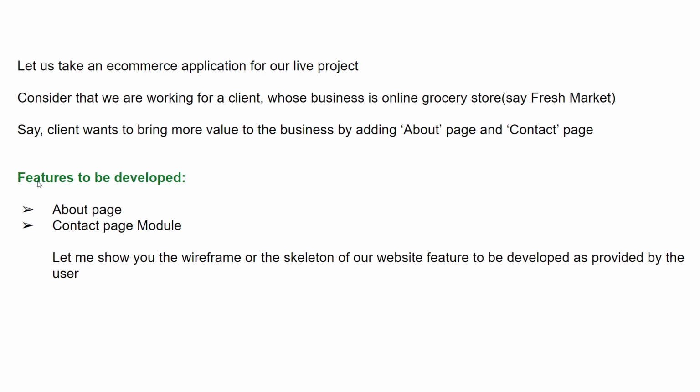When we say that we are adding more business, they're trying to add more value. And how are they trying to add more value? By adding an about page, which is a feature, and a contact page, which is another feature, to their existing application, isn't it? So every time you add a feature, you are giving more options for the end users so that they can bring in more business.